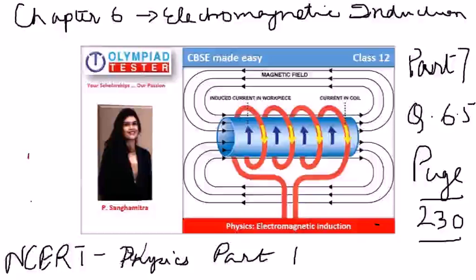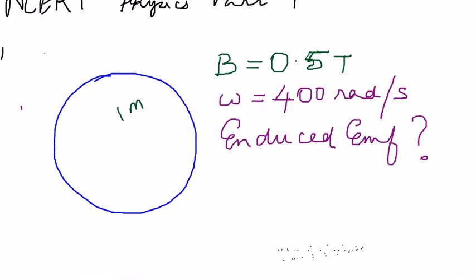In this video, I am going to give you the solution of question number 6.5 given on page 230 of NCERT Physics Part 1. The question says there is a 1 meter long metallic rod which is rotated with an angular frequency of 400 rad per second about an axis at one end of the rod, and the other end of the rod touches a metallic ring,